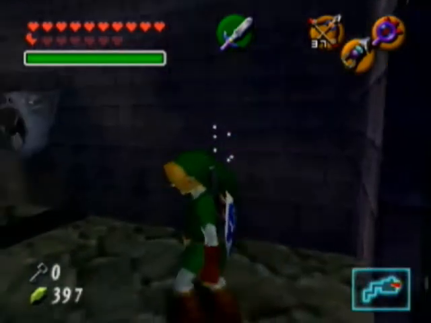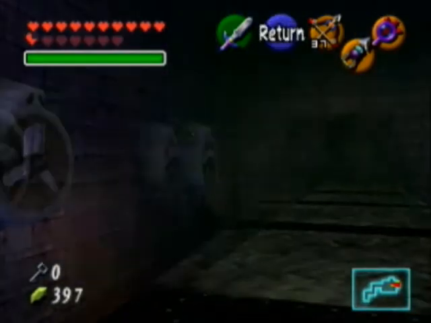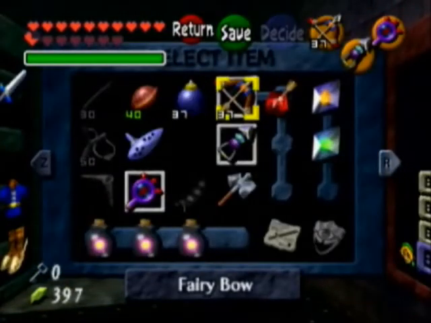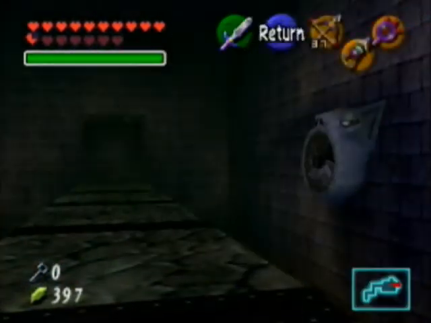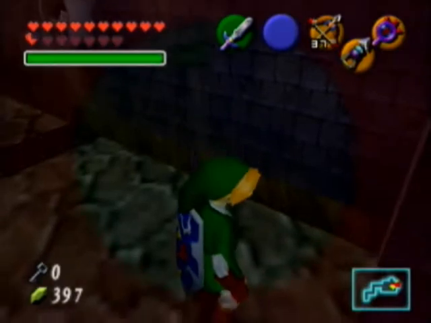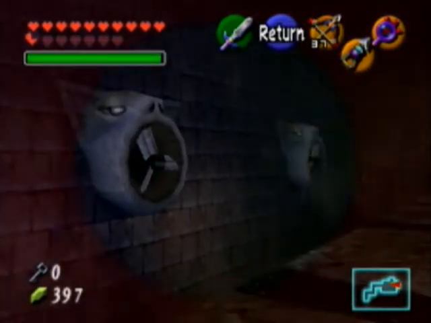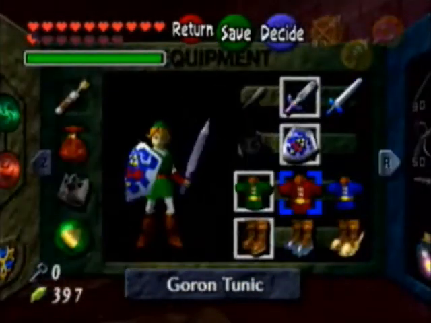Okay, now that he's taken care of, basically there's obviously a bunch of wind currents right here, and what you need to do is figure out the correct path to go. So, what you'll need is the Lens of Truth, and once you turn that on, you'll realize the hidden path is actually on this one that's on the far right, so you have to get sent by this wind current over there. So in order to do that,